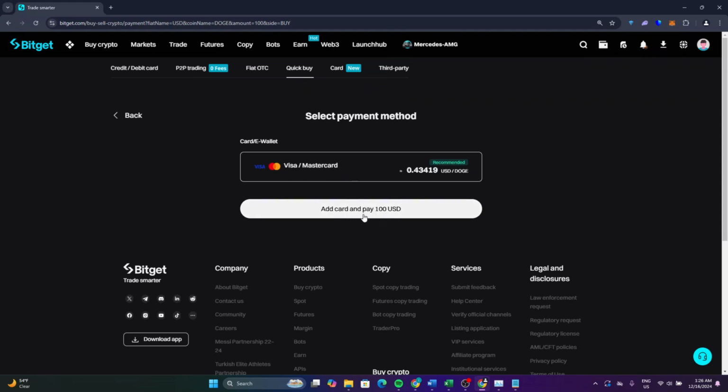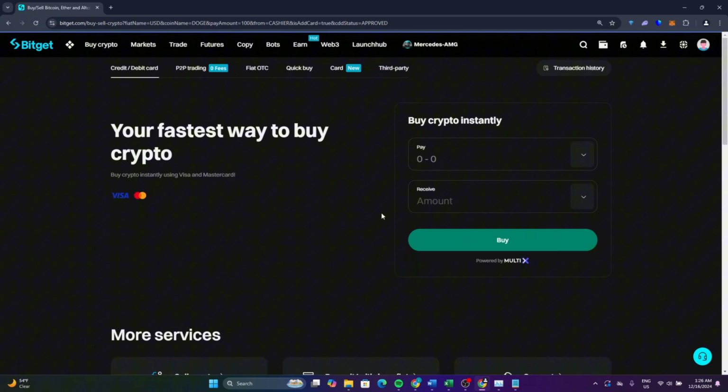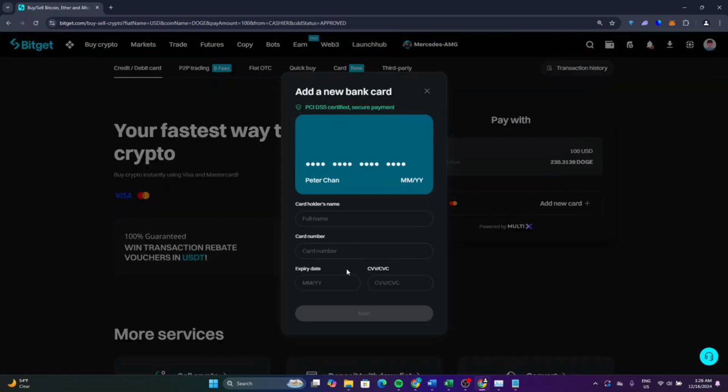And now after that, you can add your card, as you can see here. Now fill in all of this information of your card and click on Next, and you will be able to buy Doge on Bitget